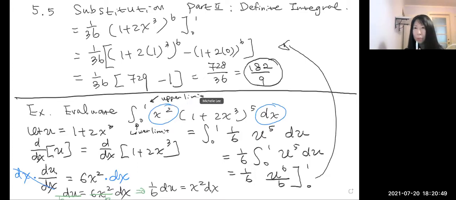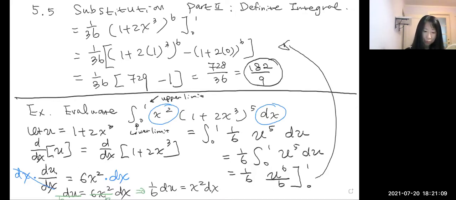If there is a number, lower limit, upper limit, then we say definite integrals. If there is no number, then we say indefinite integrals. Now, we're gonna use everything, but just change the